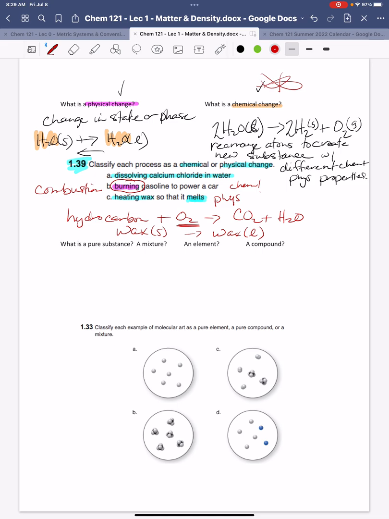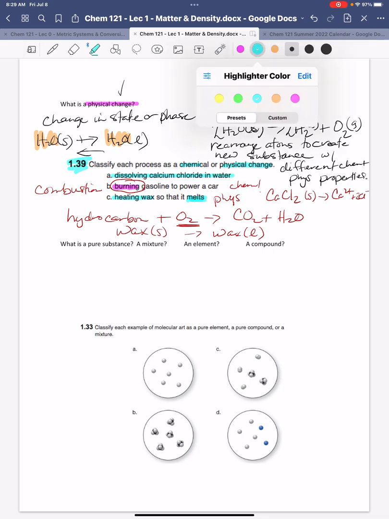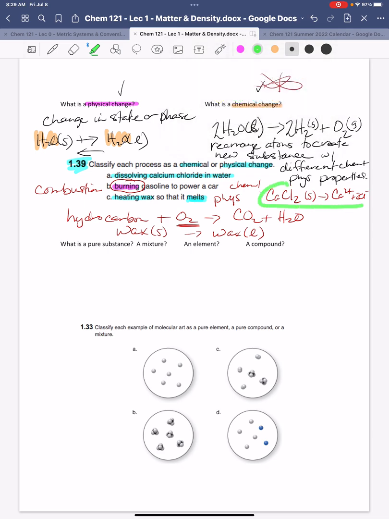Calcium chloride and water dissolving is kind of an interesting thing. Calcium chloride, we'll learn, when we put it in water, is going to create ions. And we'll talk about that later. So this is one of the first examples of a gray area that we're going to run into. The fact that we're breaking this particle apart, we could classify it as a chemical change. But the fact that it goes back together if we evaporate the water, we might say that's a physical change. So again, in this class, you will find that there are shades of gray.